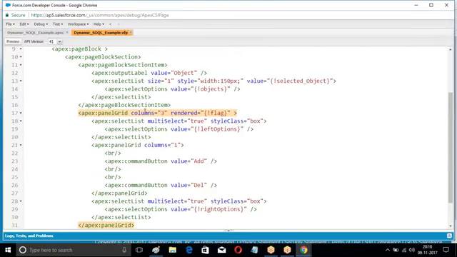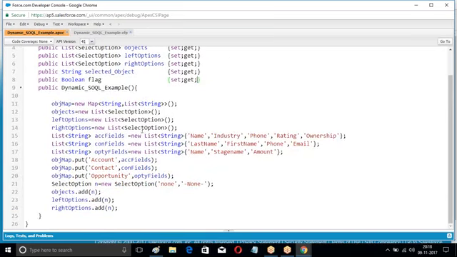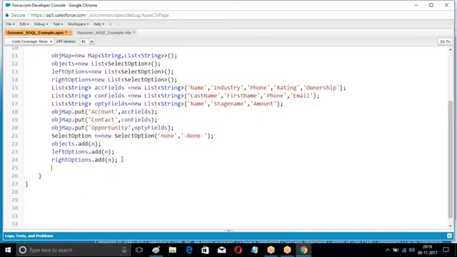Okay. Now, right box. What is your requirement now? Whatever the object names are there, get those object names and create a quick list. Where are the object names? All the object names are in the map, in the form of key. What are you supposed to do? Set of string names equal to object map dot